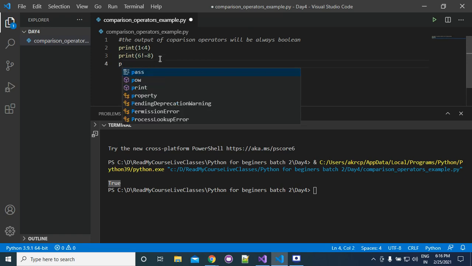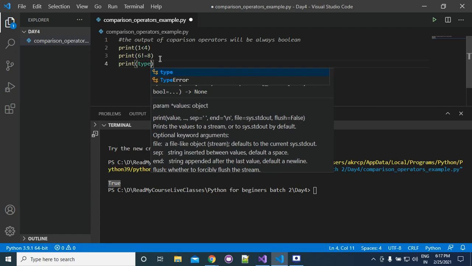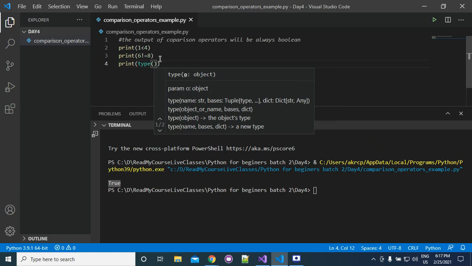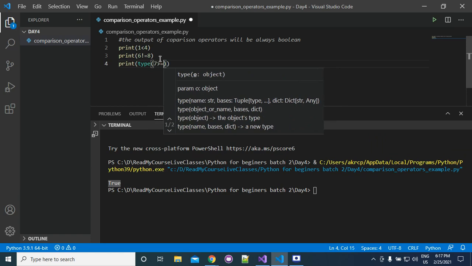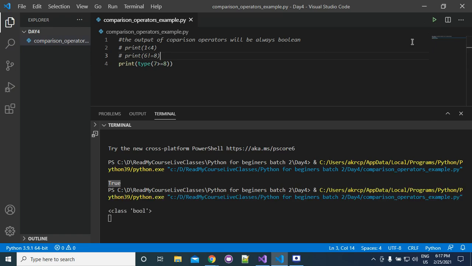If you check the type of any comparison operator result, it will always be boolean. Suppose we are writing 7 greater than or equal to 8, the type will be bool, because the answer of a comparison operator will always be true or false.